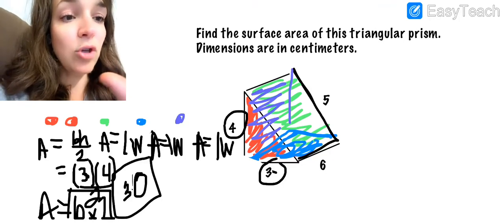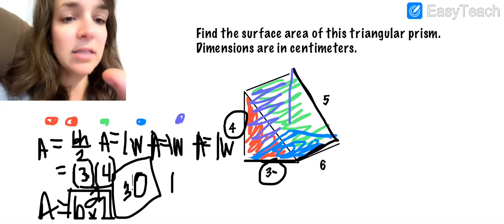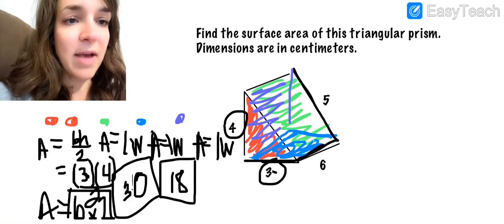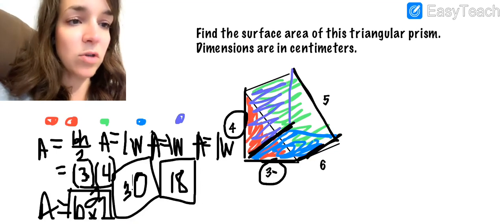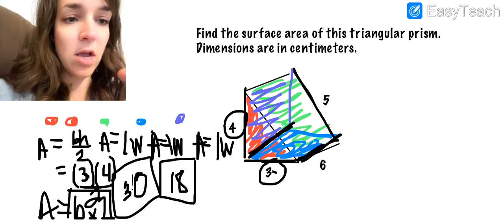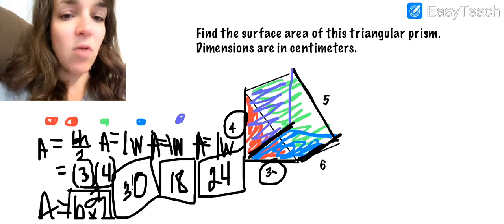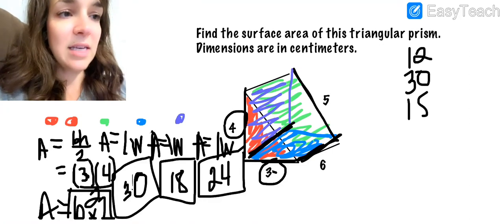Then for the blue, we've got 6 by 3, so that's going to be 18 because it's just a rectangle, so we just multiply. And then for that back side, we've got 4 by 6 because the 6 there is going to correspond with the 6 here, okay? So that's going to be a total of 24. So now we've got 2 6s, which was 12. We've got a 30. We've got an 18 and we've got a 24, and all of those need to be